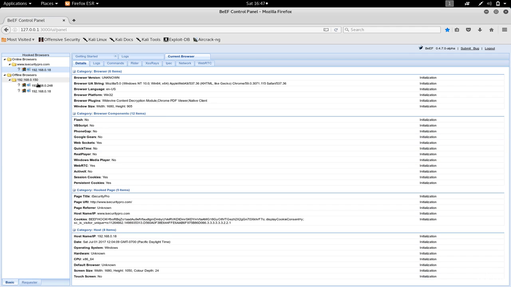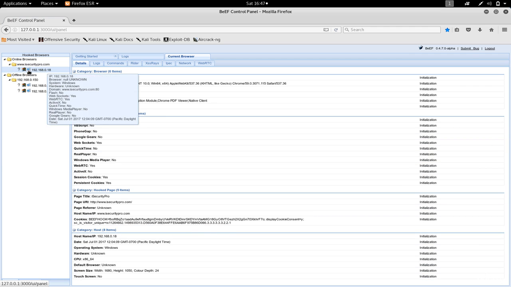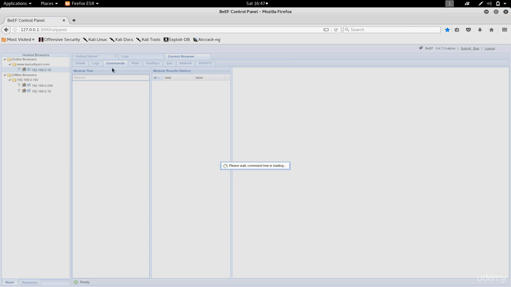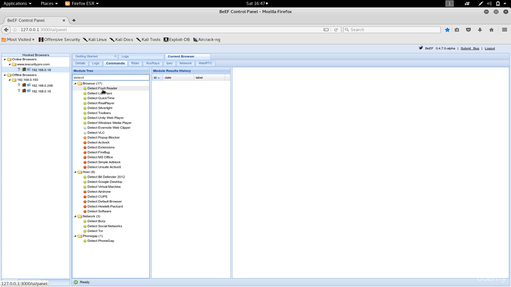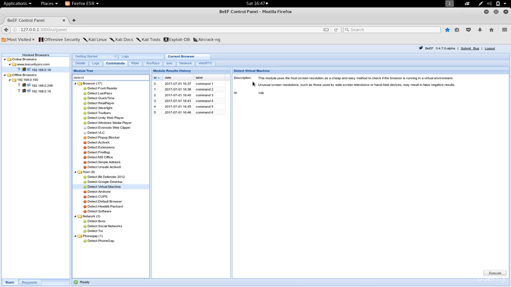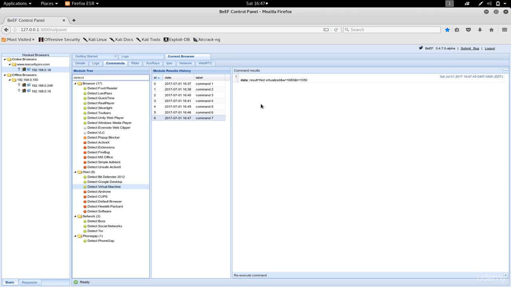So I'm going to my BeEF control panel, then I'm going to select the target, then I'm going to the commands, and I'm going to search for detect. So I'm going to click on the search bar, I'm going to say detect. And I'm going to search for detect virtual machine. I'm going to click on it, and if we read the description, it says this module uses the host screen resolution as a cheap and easy method to check if the browser is running in a virtual environment. So right now I'm going to say execute, and I'm going to the command, and you can see it here,